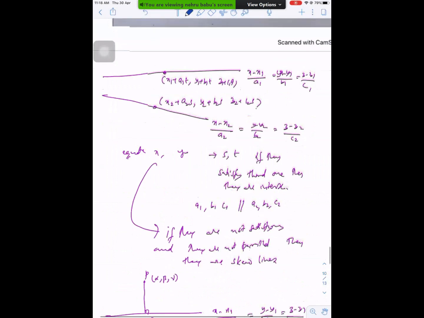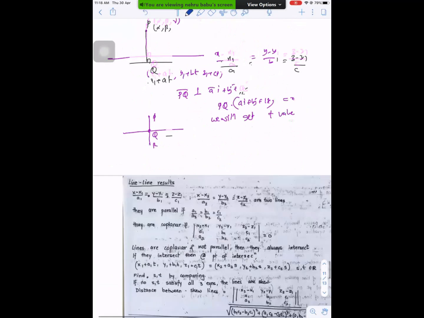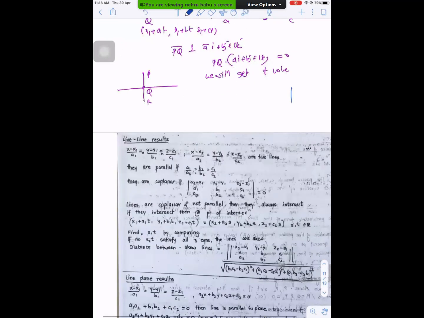The reason is, symmetric to non-symmetric, you'll get infinitely many possibilities. Because if you take a line, it is the intersection of infinitely many planes. So you don't get a unique case, you'll get infinitely many. But if you want to write at least one of the cases, for example, x minus x1 by a equal to y minus y1 by b equal to z minus z1 by c. No doubt infinitely many chances are there, but if you want to write one of the cases, just equate these two results.